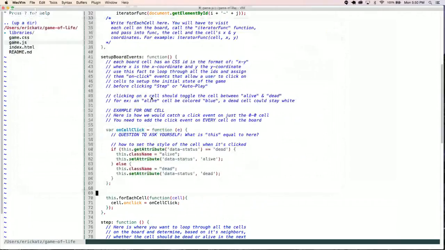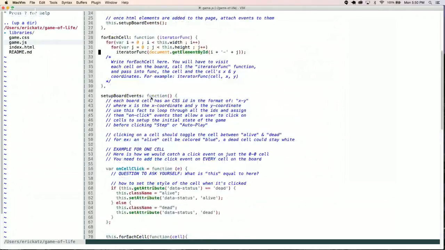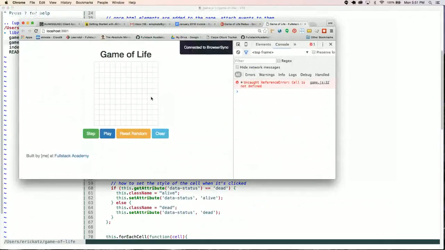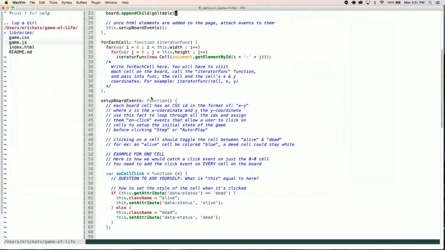So one thing I realized is that I'm doing a lot of work with these cells. To me, it would be a little bit nicer if I could do something like this. When I iterate, I call a new cell. And the reason why I want to do this is that I've got all these things that a cell is doing. I don't do that. Okay, I have a problem because I don't have cell defined,